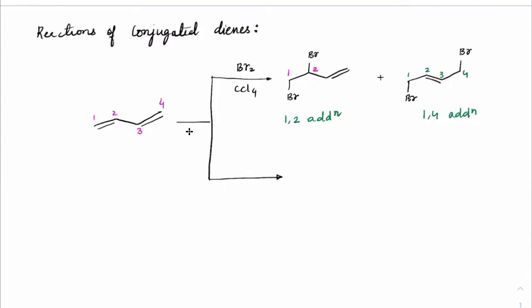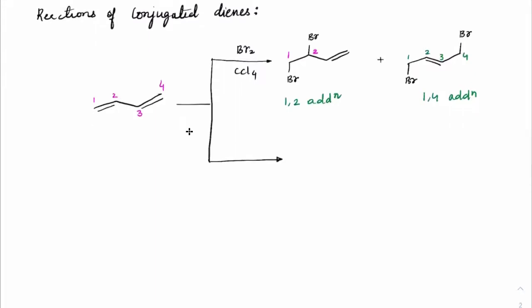Got it? There we will have to discuss kinetically favored or thermodynamically favored products and cases like that. As of now, products will always be 2. Same is the case with HCl. We can get the 1,2 product here where Cl and H get added, so it is a 1,2 addition product. And Cl and H get added here, so this is 1,4 addition.